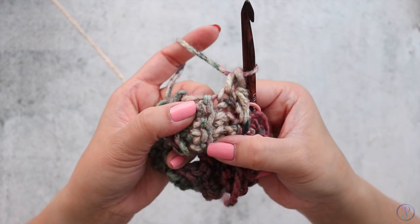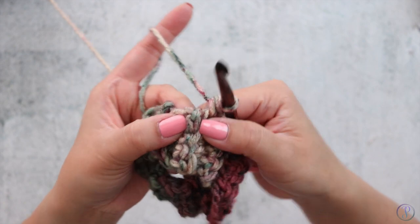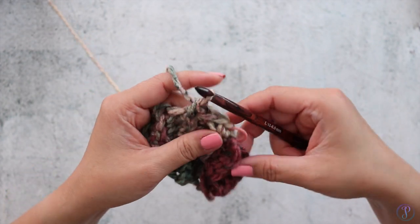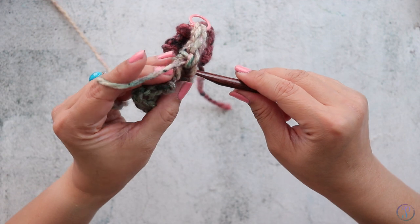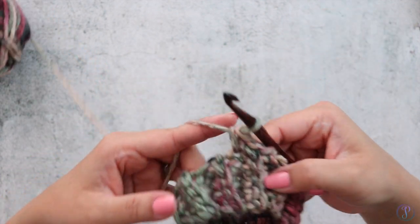So right here in the ridge, we're going to go into this top stitch here where it's like a V, okay, right in the middle, and work a single crochet. Okay, so that's, how many stitches is that? 1 2 3 4. And then I'm going to repeat until I get to the 7th. So that's 5,